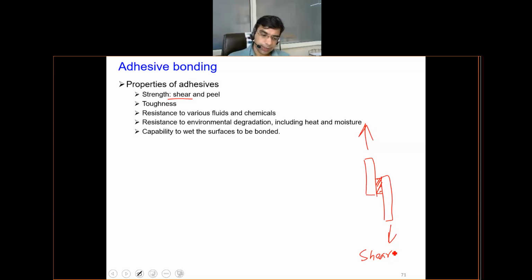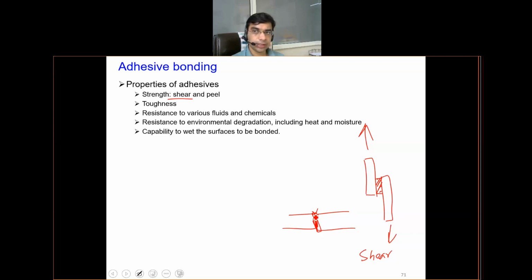What is different in adhesive loading is that the configuration of the joint is such that there is maximum contact area between the faying surfaces. If you try to make a butt type of joint with adhesive bonding, perhaps that joint will not provide the strength required. That is the only difference in adhesive bonding, that the faying surfaces should have a maximum surface contact area. Additionally, adhesive bonding provides toughness, that is, the ability to absorb external loads.